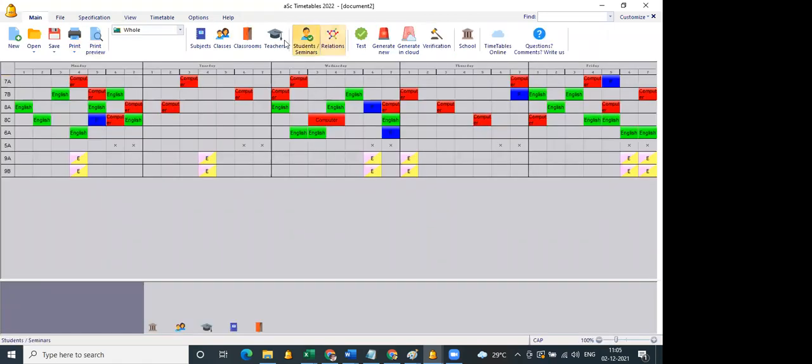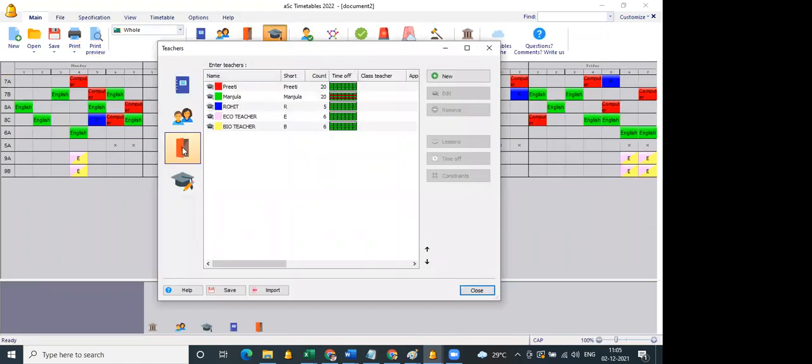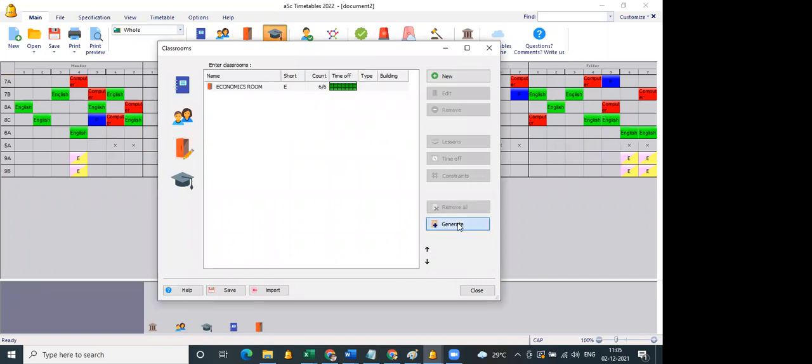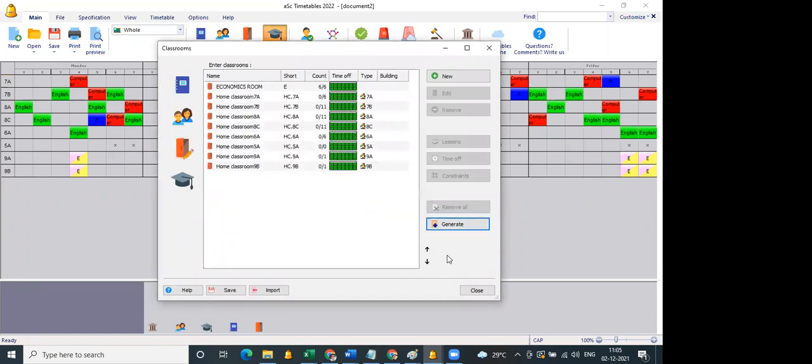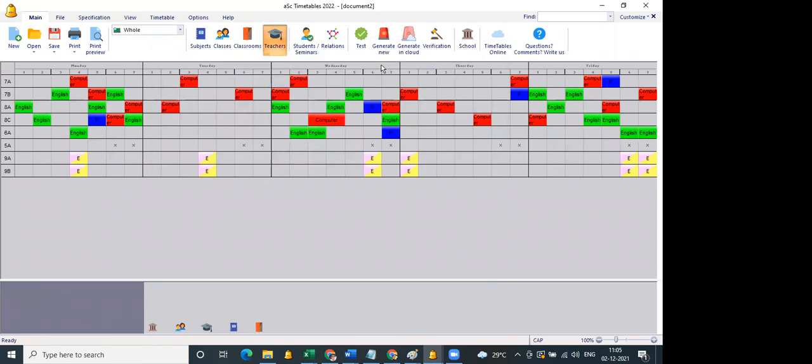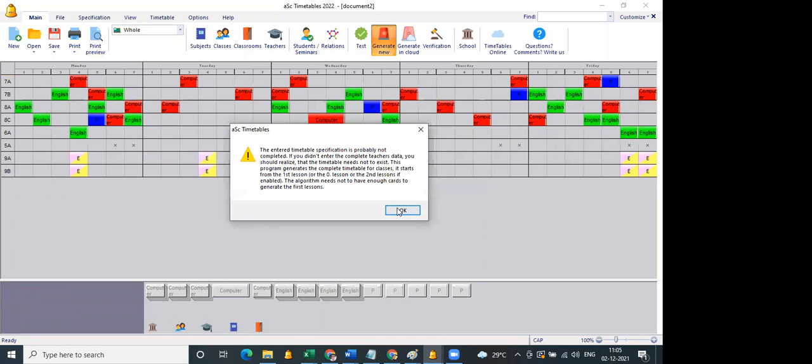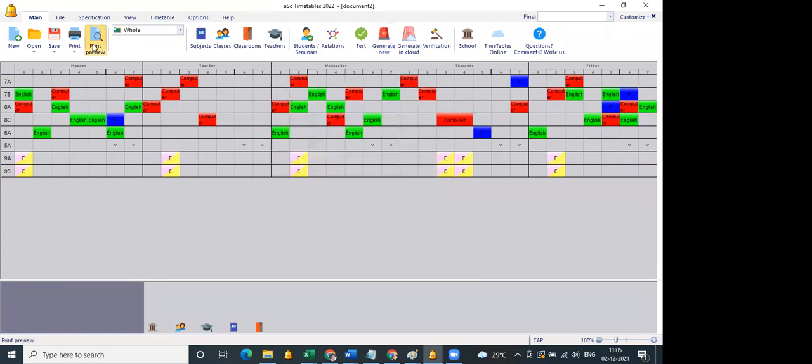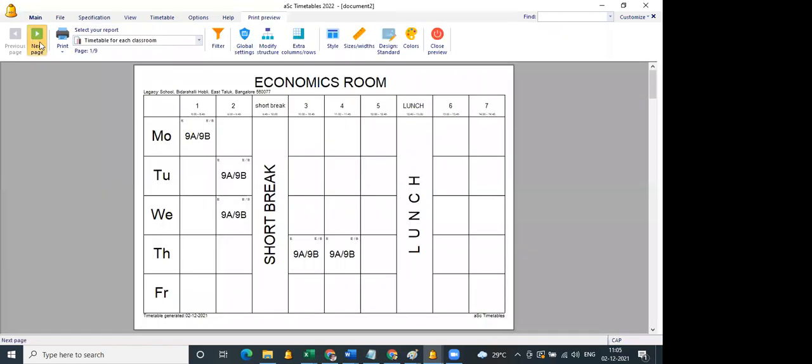I'll add the home classroom also. So you can see for the economics room, this is the allocation.